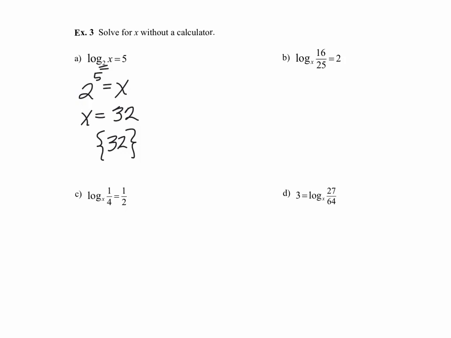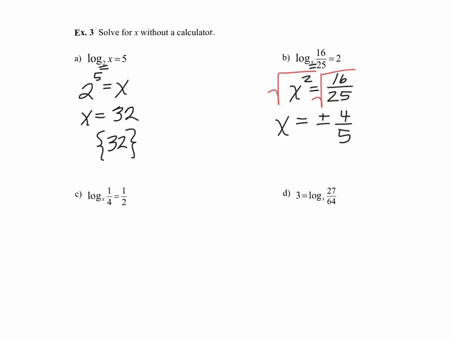Next equation is log base x of 16/25 is equal to 2. So here my base is x, so this will be x raised to the 2nd power is equal to 16/25. So now here, to solve, we're going to go ahead and square root both sides. So we'll square root both sides, and that's going to give us x is equal to plus or minus